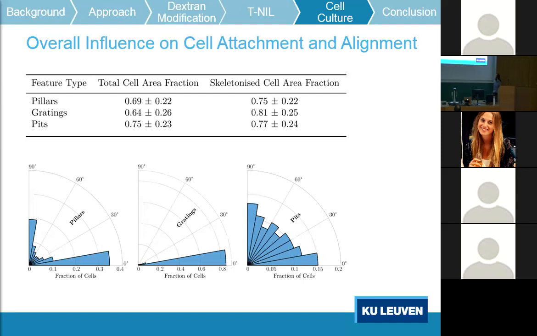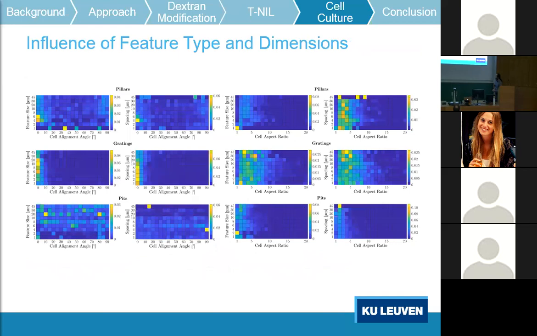Finally, I needed to make sure that there was any point in making all of these combinations of topographies, 81 different combinations for every different feature type. And so I looked at how their spacing and their sizes would influence some of the cell behavior. And so what we have here are an assessment of the feature size and spacing of each of the different types of features, the pillars, the gratings, the pits, and their influence on cell alignment angle on the left here,